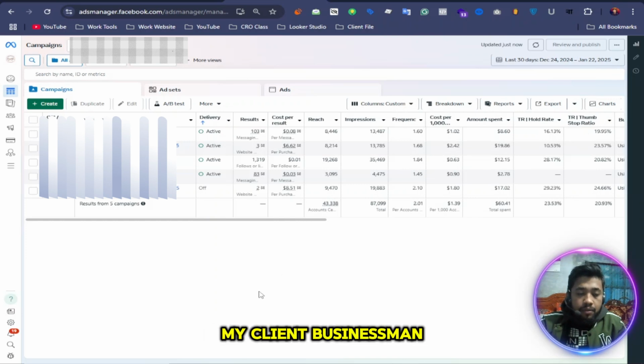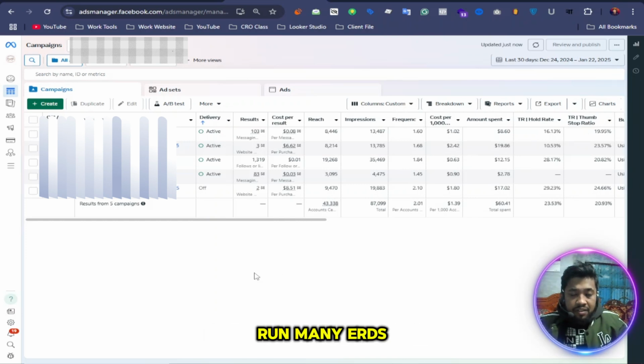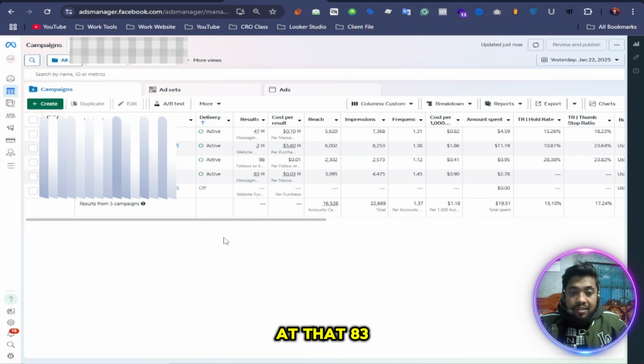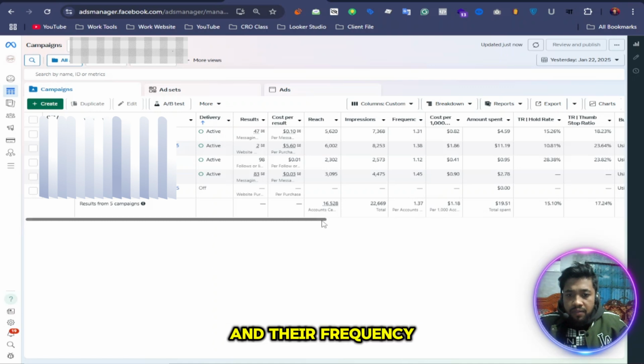So that is my client business, and I ran many ads in the past days, and I just run the one ad that performs very well for me, that is the baby feeding share, the carousel ads here. And I just select yesterday, and look at that, 83 messages is the result here, and the cost per result is only 0.03 cents. Duration is almost 3000, and their reach is almost 4000,